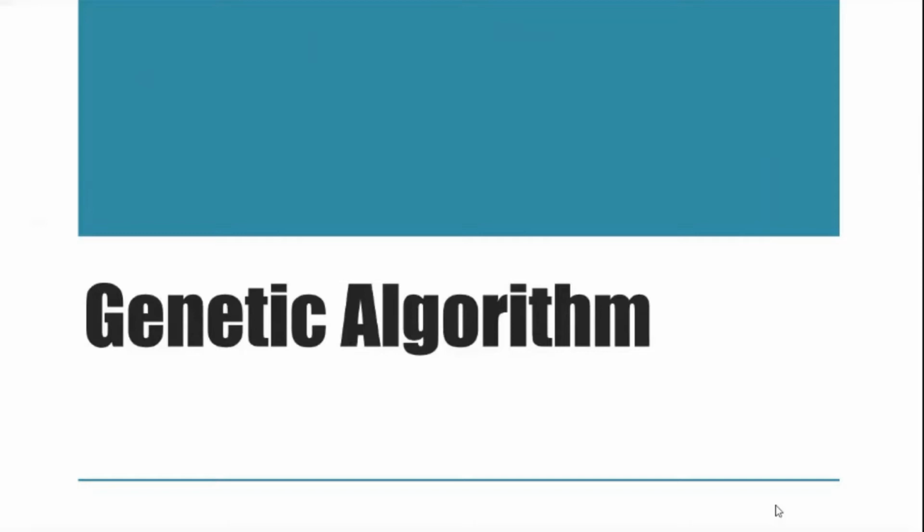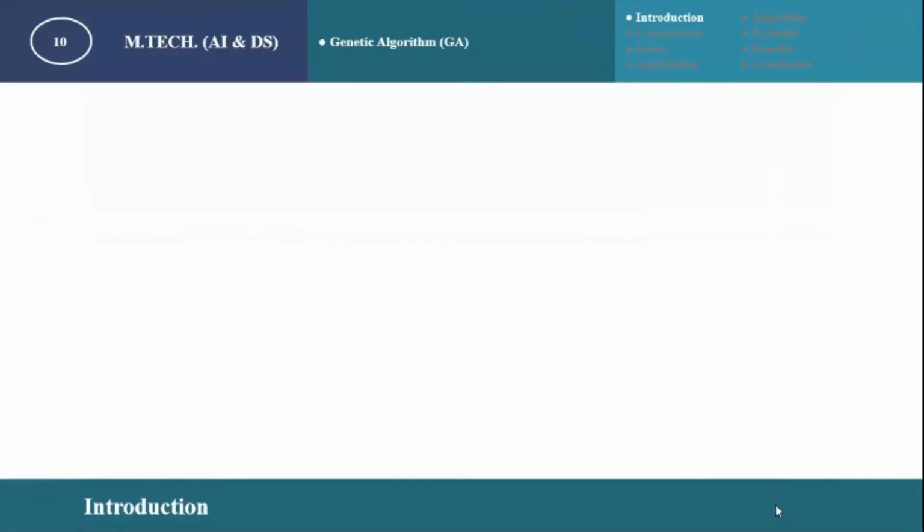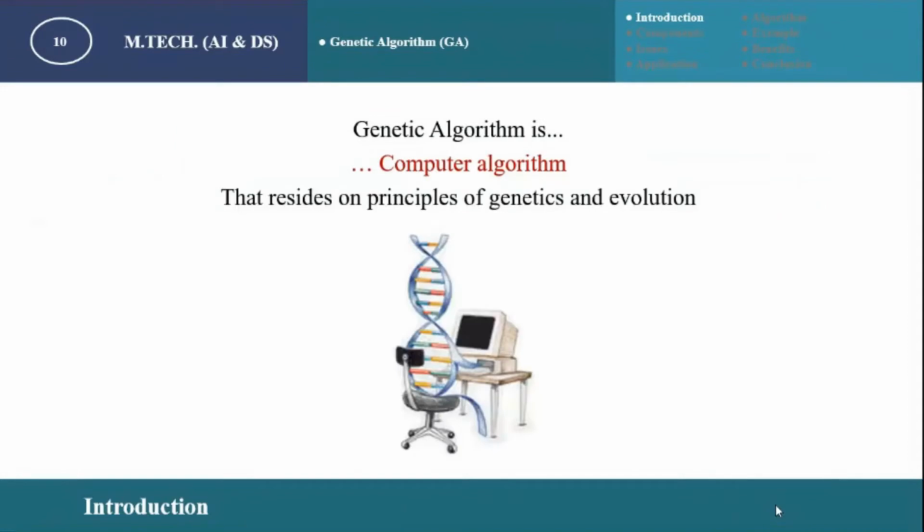So, I hope that you already have some basic idea about what is genetic algorithm and how it works and how it is being utilized for solving problems. Actually, genetic algorithm is just a computer algorithm that resides on the principles of genetics and evolution. So the genetic algorithm is just an algorithm. This is just a computer algorithm which